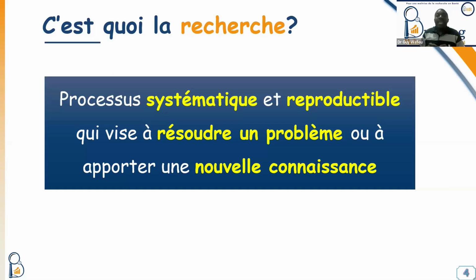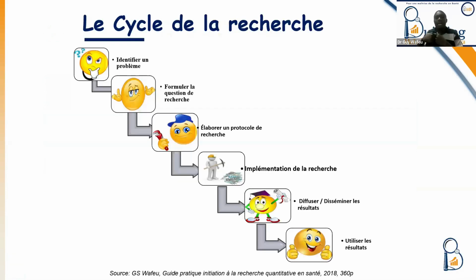And research exists only because there are problems. If there were no problems, there would be no research that we have to do. So research is there to solve problems. You should really keep that in mind. That is why the research problem is really fundamental, really at the center of the research process, because you must be able to identify a problem that your research will come and solve.